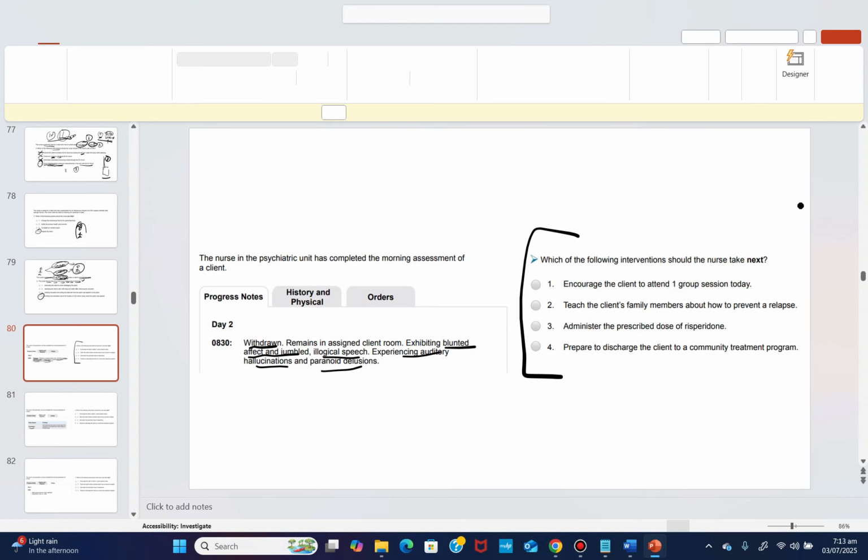Now you see, most students try to know the diagnosis to answer their question. You are not a doctor, for crying out loud. Read your question like a nurse. You don't need a diagnosis to be able to answer your question. If NCLEX provides you the diagnosis, fine. If they do not provide you the diagnosis, you can still answer the question. As a nurse, we deal with nursing diagnosis, for crying out loud.